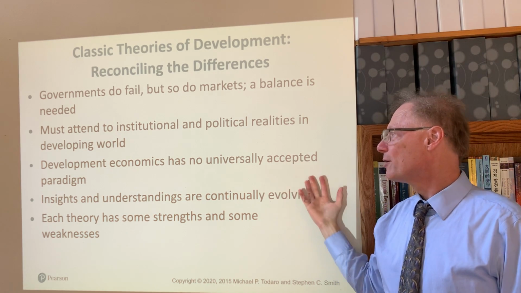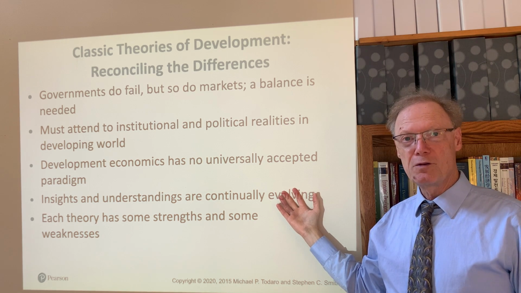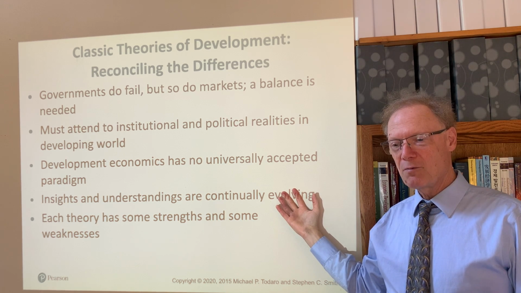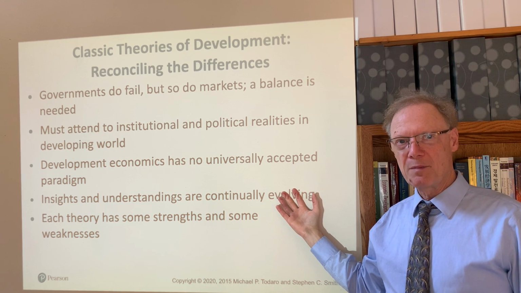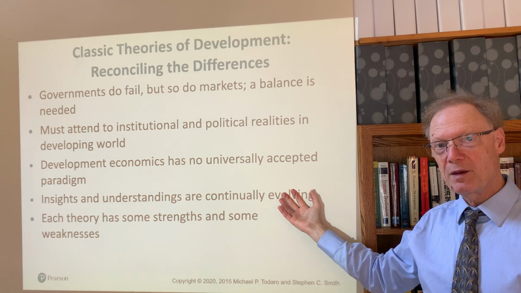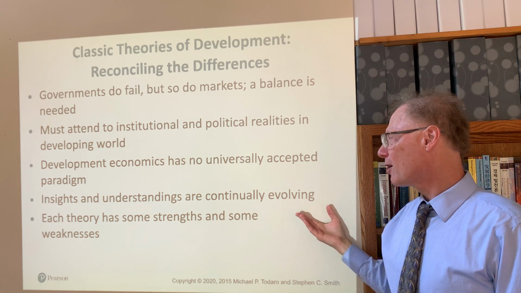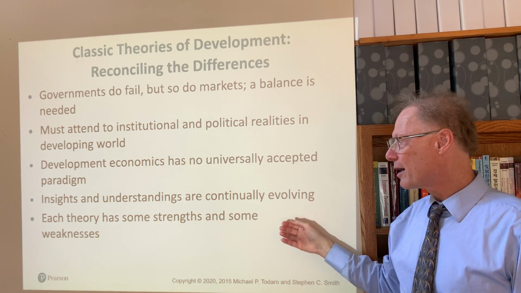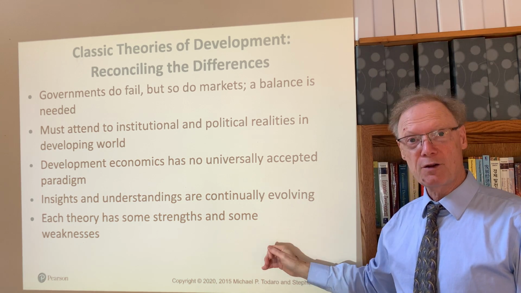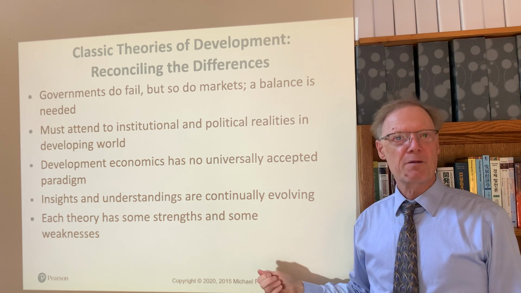So there's no universally accepted paradigm, and we'll see that there are some very influential new contemporary theories about why development doesn't succeed and what it might take for successful development. Coordination failure is a major part of that, as we'll see in detail when we get to chapter 4. Our insights and understandings are continually evolving, and each theory, as we've seen, has some weaknesses, but also some strengths. And so with that, we'll finish